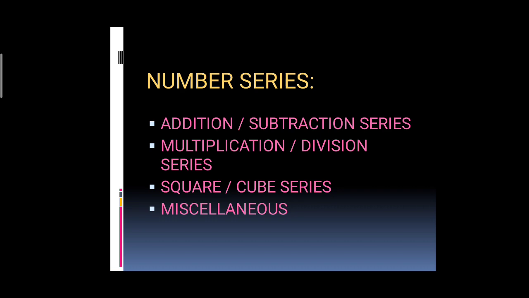I have further divided number series into subtopics: addition, subtraction, multiplication, division, square and cubing, and miscellaneous series, right? When a series is progressing like addition or subtraction, we have to work out the rate of progression. Is it a constant rate, or a moderate rate, or is the jump too high? Then we have to understand it's a multiplication or division series. Similarly, we'll see the pattern for square and cubing series. So let's see one by one.